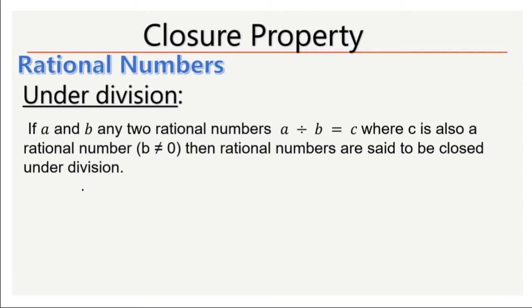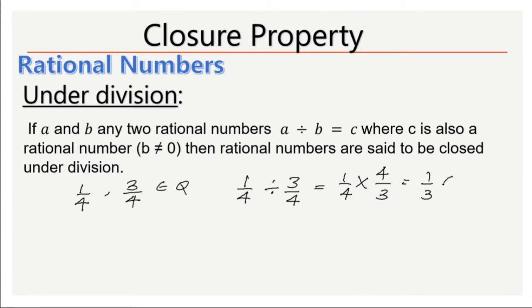So if I consider some positive rationals, their quotient, that is 1 by 4, should be divided by 3 by 4. So 1 by 4 is multiplied by the reciprocal 4 by 3 and we get 1 by 3,